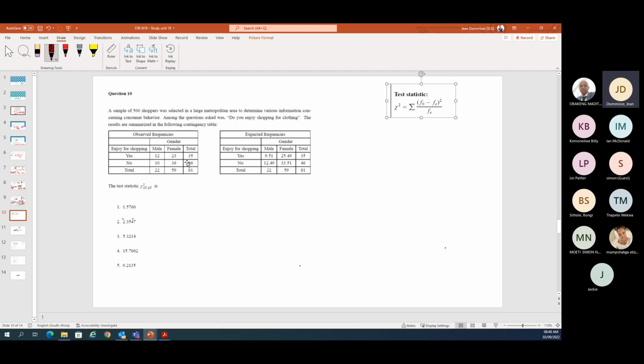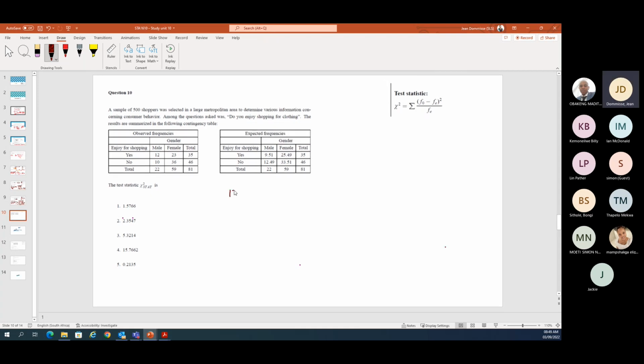I will share that again today or during the week so that you can use it. Because what we now need to do is calculate that. So the formula there is you take your observed value, you minus your expected value,